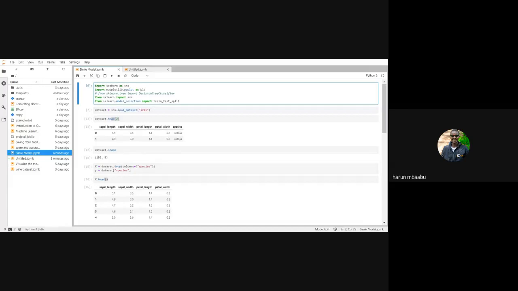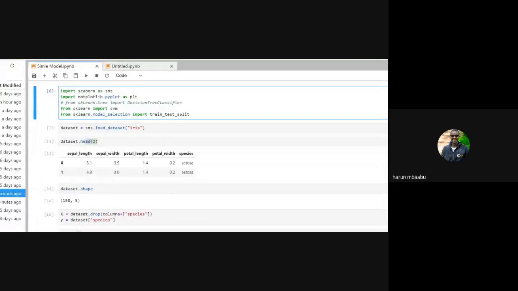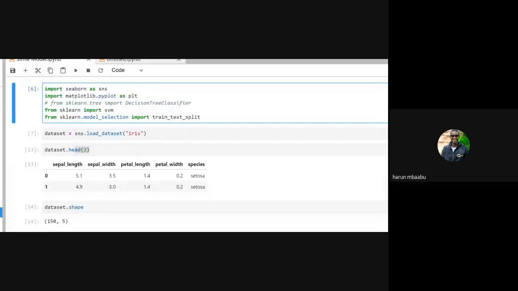Sorry for the inconvenience. So I was saying the first thing that I did, I imported the Seaborn library. Then the second thing, I imported the matplotlib library, but I won't use it in this case. When you look at sklearn, I wrote from sklearn.tree import DecisionTreeClassifier.